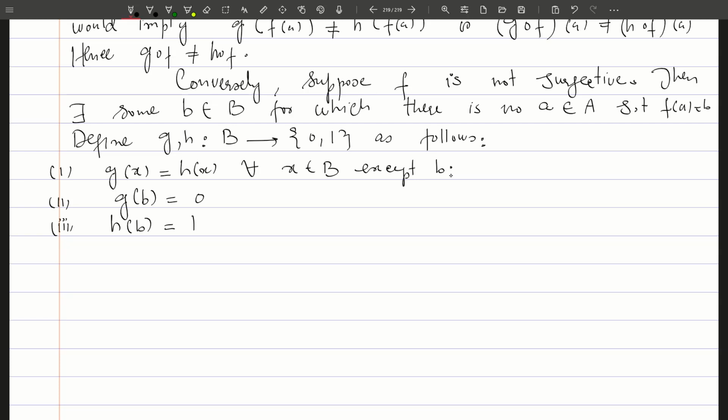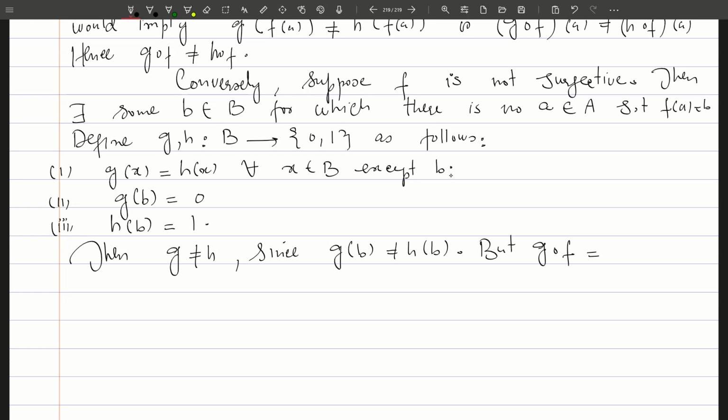However, if we look at the composite maps, G composite F and H composite F, they are the same. So then G is not equal to H, since G of b is not equal to H of b. But G composite F is the same as H composite F. And the reason for this is that b has no preimage in A,